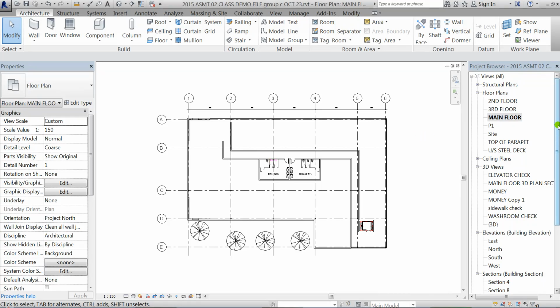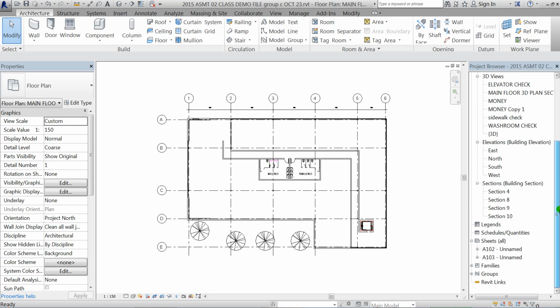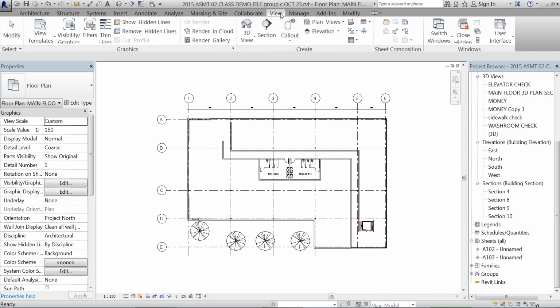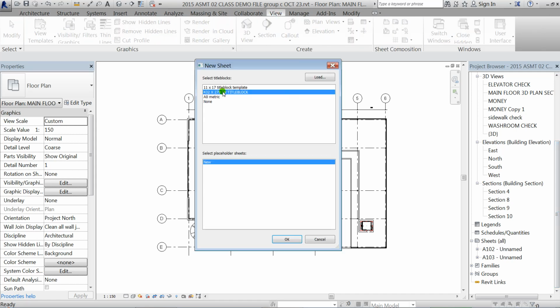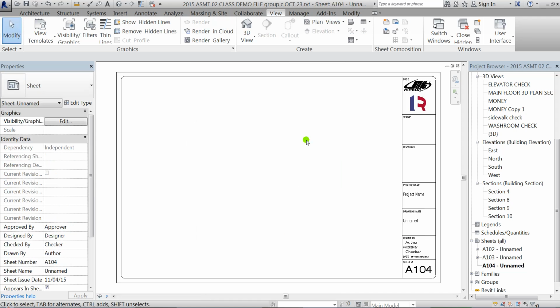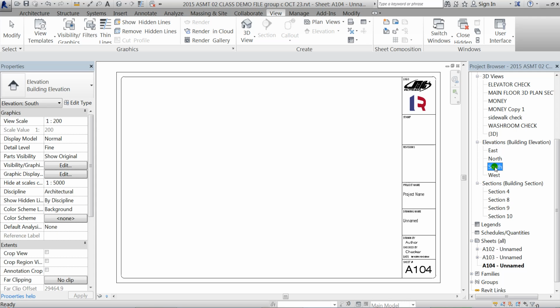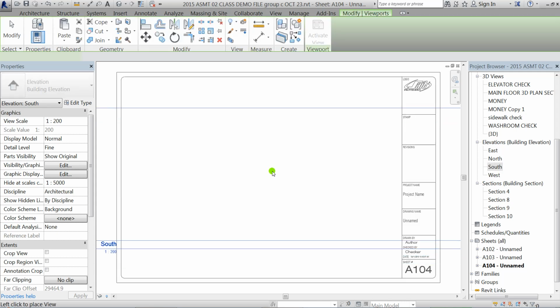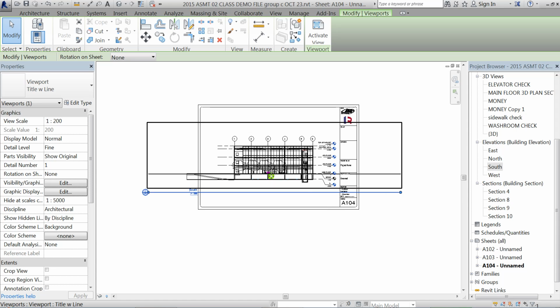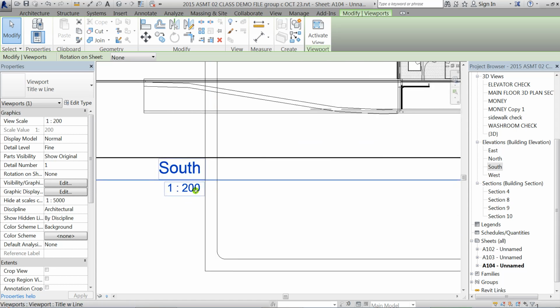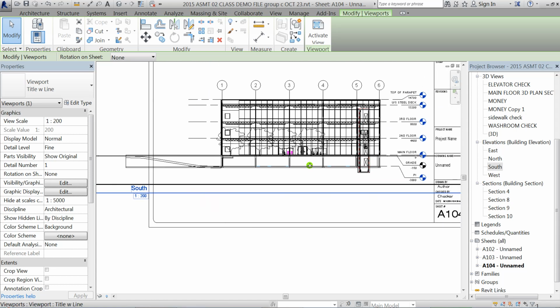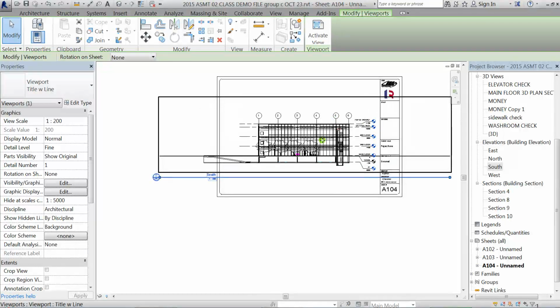Okay, next thing I'm going to do here is create an elevation view. And to start with, I'm just going to go to the View tab, click on the Sheet tool, find the same title block, and I'll drag my south elevation view onto the sheet. At the moment it is set to 1 to 200, which will be okay here. So I'll just leave it at 1 to 200,